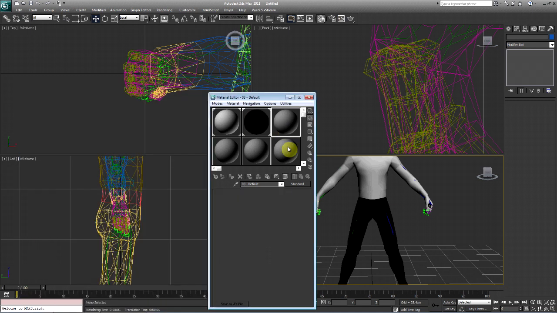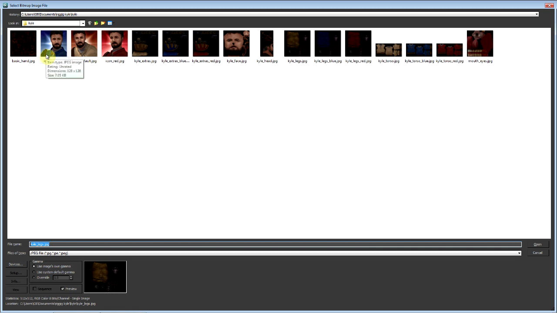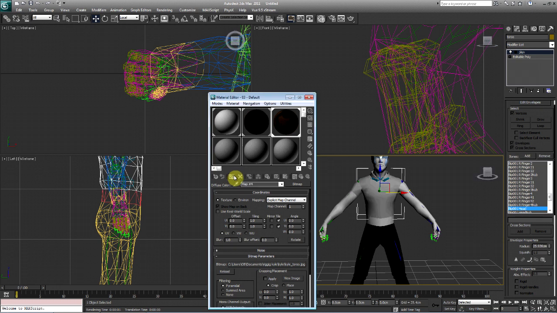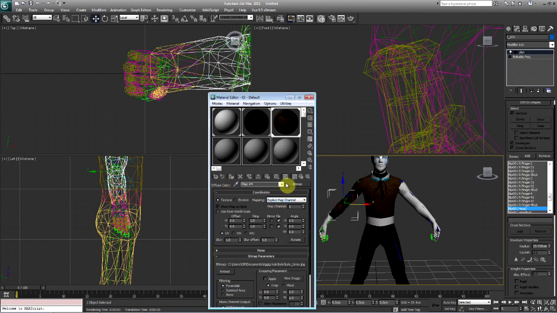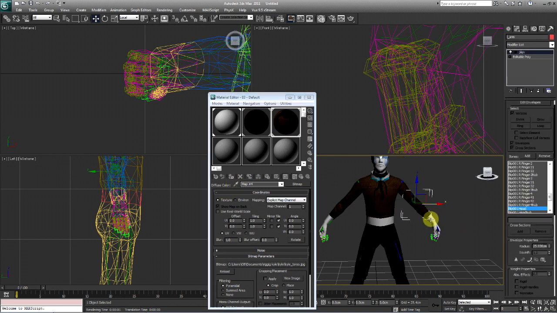We're going to go ahead and get into another slot, put a bitmap, and I think I know why mine's coming out black. It's because it's the recording tool. You're going to select Kyle underscore torso. You're going to select his torso. You're going to hit assign. Maybe not. I'm not sure why it's coming out very dark. It very well could be because of the recording tool. Okay, so we're going to hit assign. Assign. And assign. And assign.